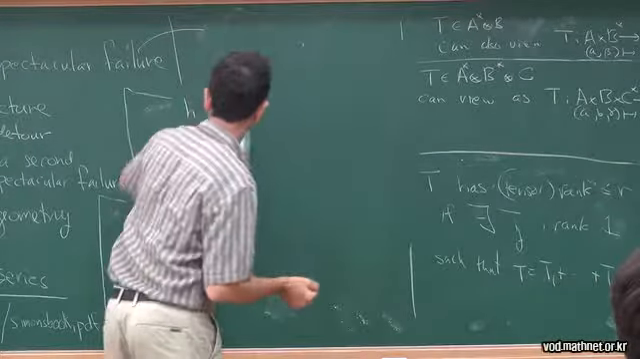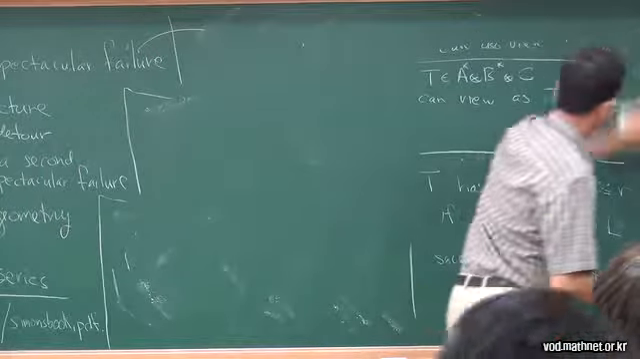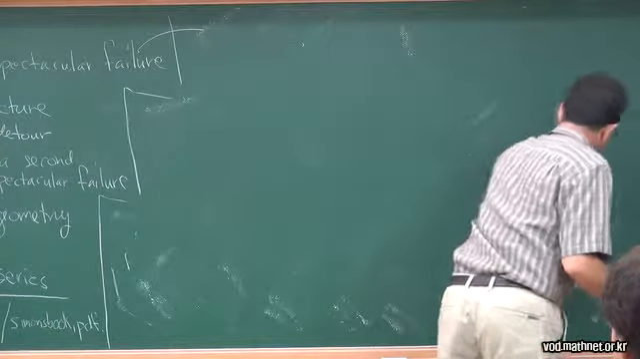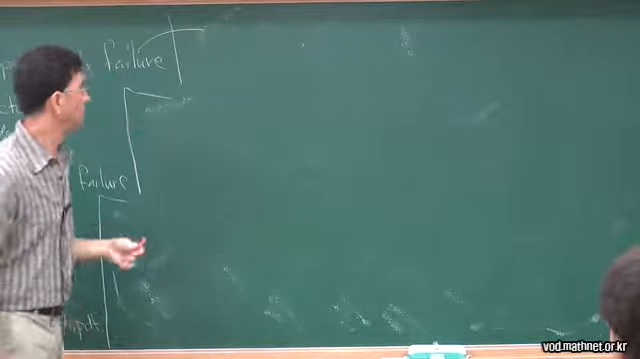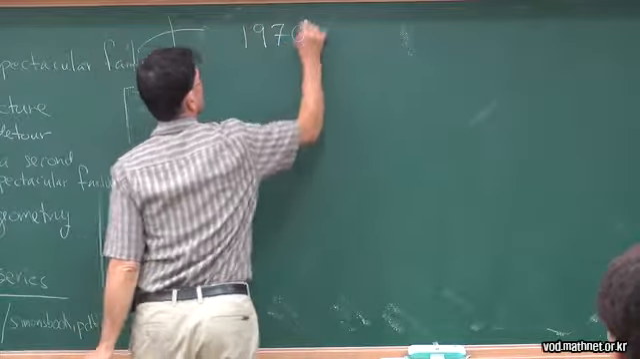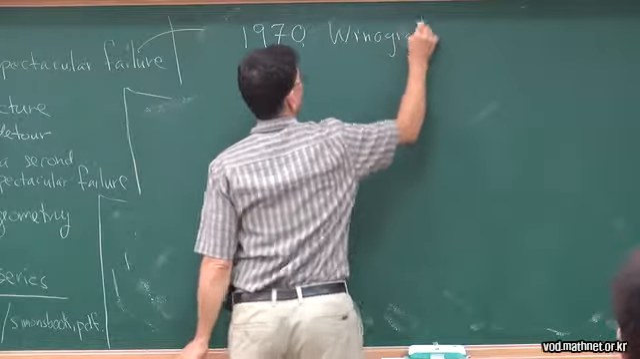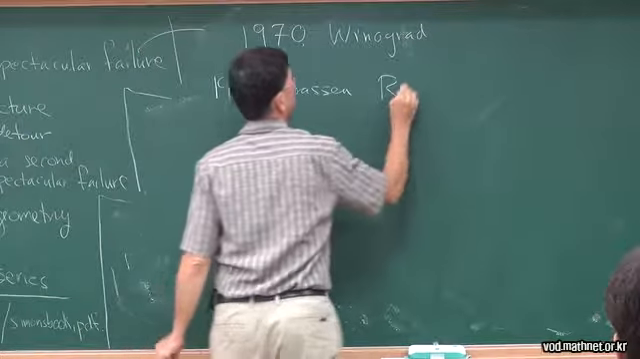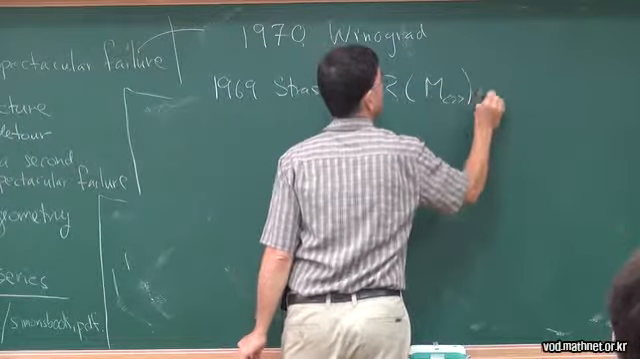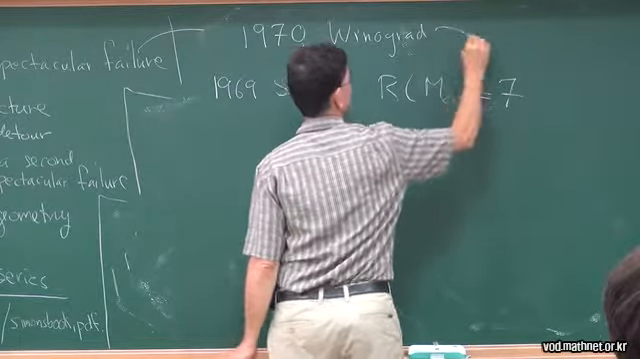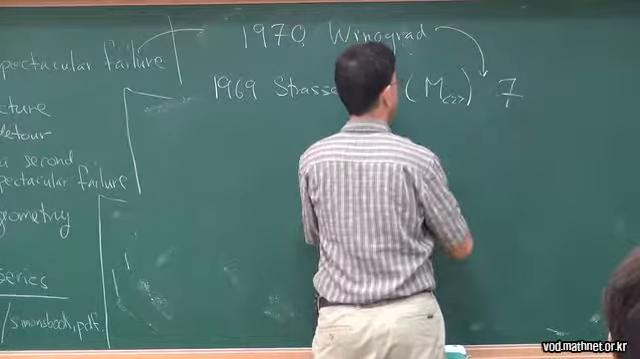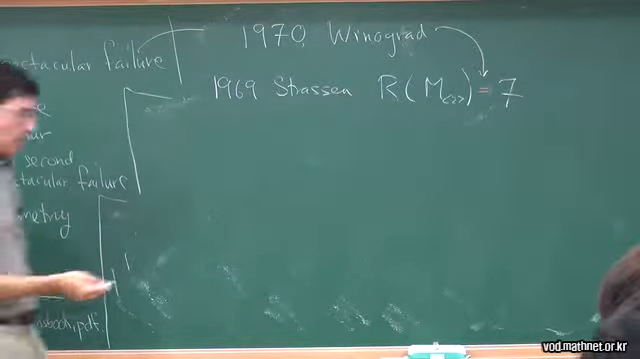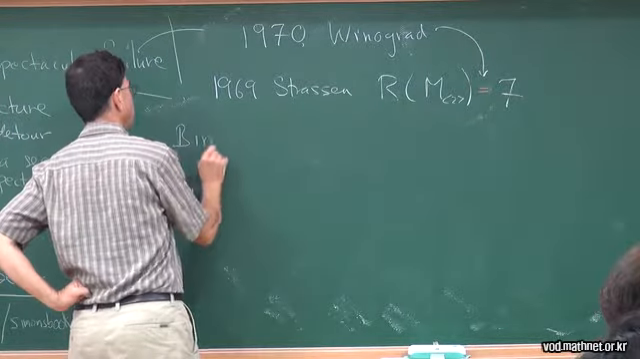So shortly after Strassen found his algorithm for 2x2 matrices, Winograd proved that the rank of this matrix multiplication operator, so 1969, Strassen showed that R of M2 is less than or equal to 7, and in the 1970s Winograd changed this to equals, that you cannot do better than Strassen's algorithm. So then Bini, Capovani, Lotti, and Romani